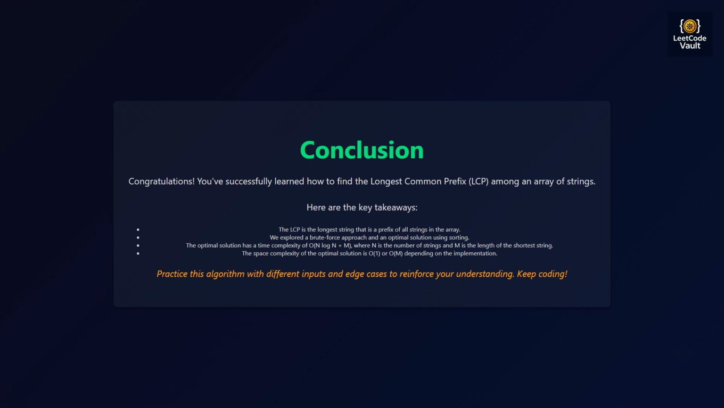Conclusion. In this video, we've successfully tackled the longest common prefix problem on LeetCode. We explored a brute force approach and then developed a significantly more efficient solution with O(m times n) time complexity. Remember,